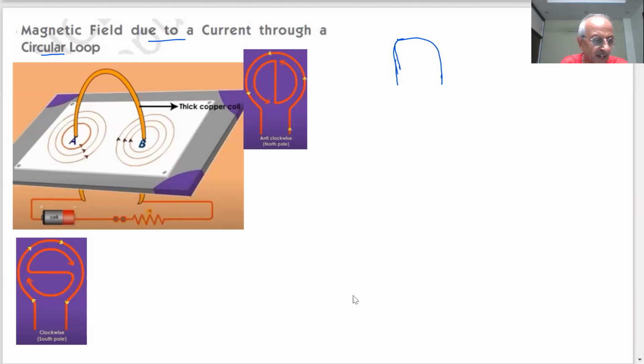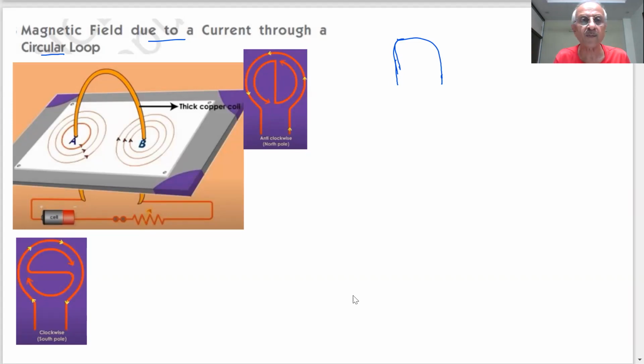So if the metallic conductor is now, if the current is passed through around it, what will happen? Again, if a current is passed, a magnetic field will be produced. But the question is, here you have two points, this and this. At every point there is a magnetic field. Here also there is a magnetic field.